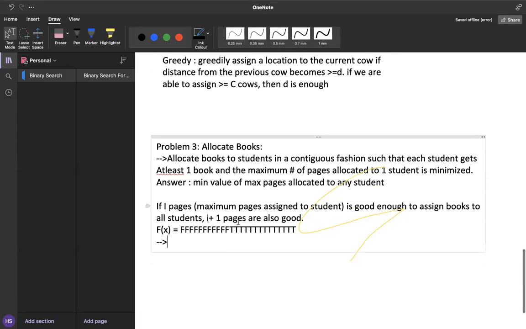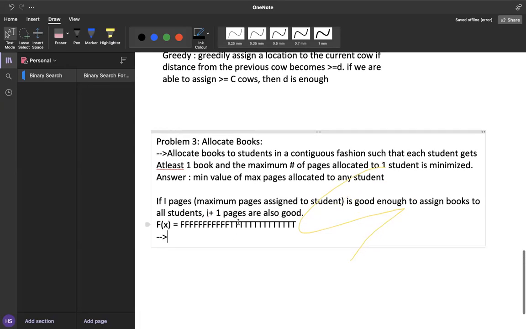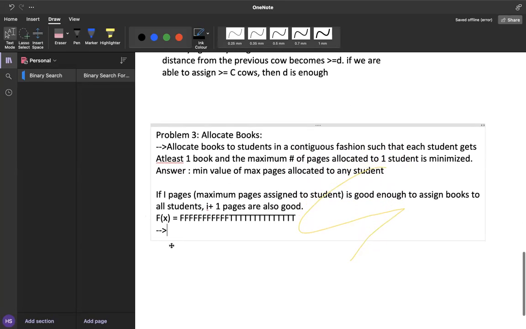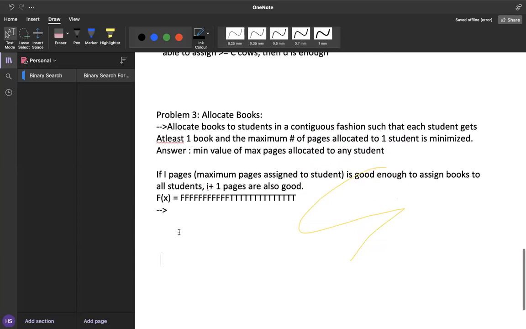So the only problem left here is to actually find out whether a particular I is good or not. The only problem that we have here is to check whether f of I is true or false for any particular I.